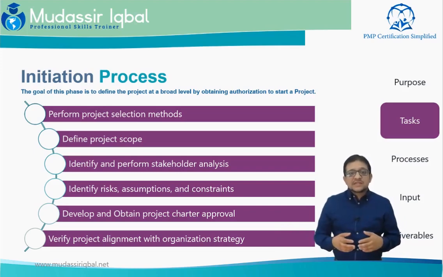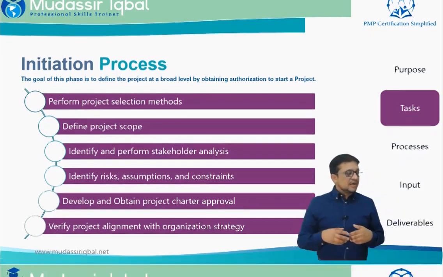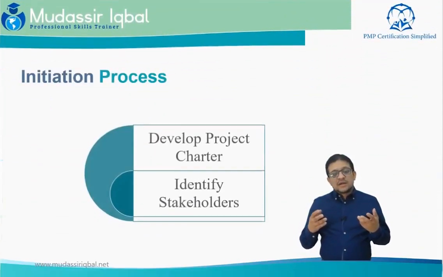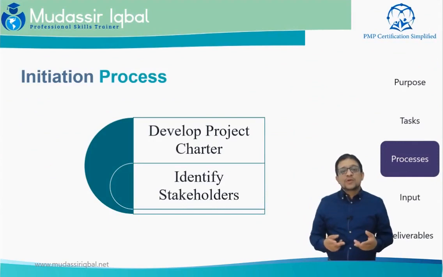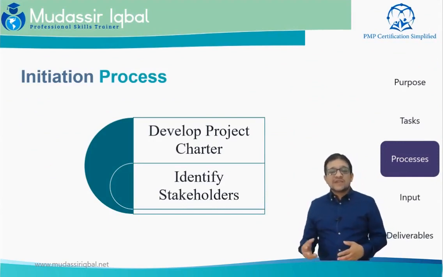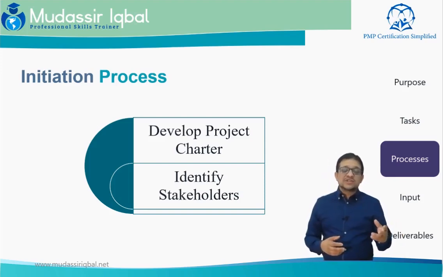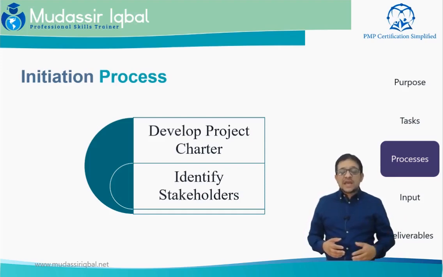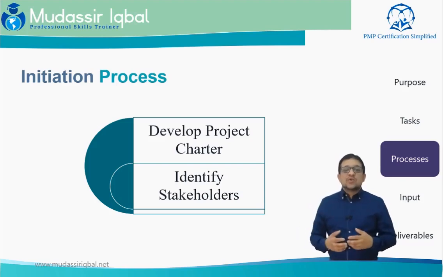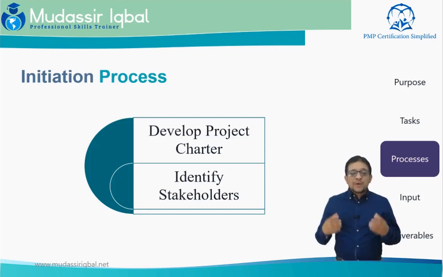Next are the processes that we have in this process group. We have two processes from 49, which are develop project charter and identify stakeholders. As we have already talked about the organization strategy, why the organization is taking the pain, who are going to be our major stakeholders, and why we are committing the resources,